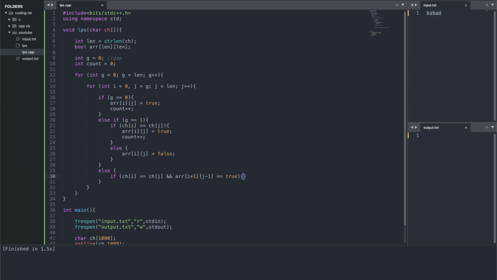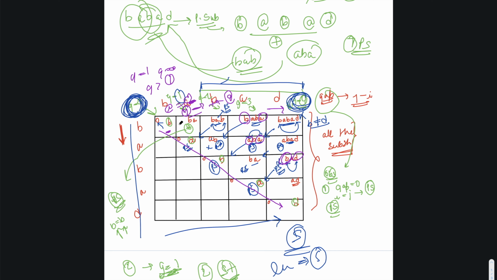We are able to check this because if we are at I and j, we have already checked for I plus 1 and j minus 1.